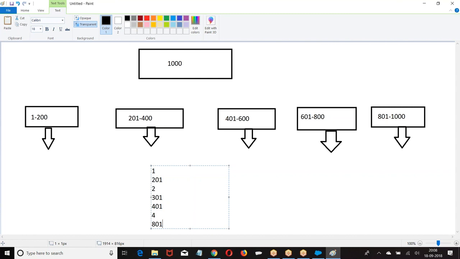So can you guarantee in which order records are getting inserted? No. Why? All the 5 are running at a time. So records will not be inserted like 1, 2, 3, 4, 5. Randomly they will be inserted because all the 5 are running at a time. So in the Excel sheet, if I give 1000, all the 1000 records will not be inserted in the same order that you gave. They will be running parallelly.